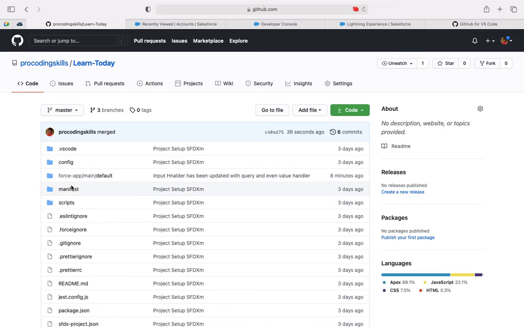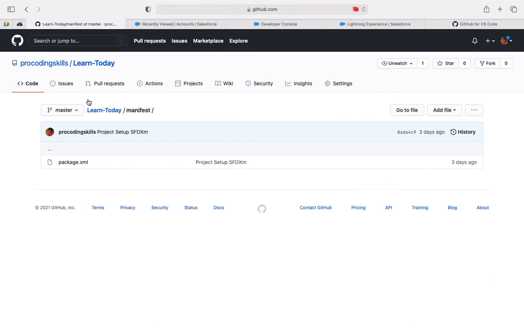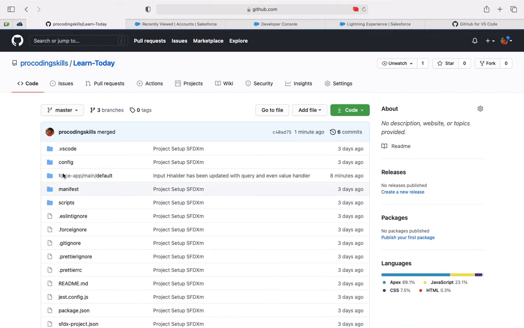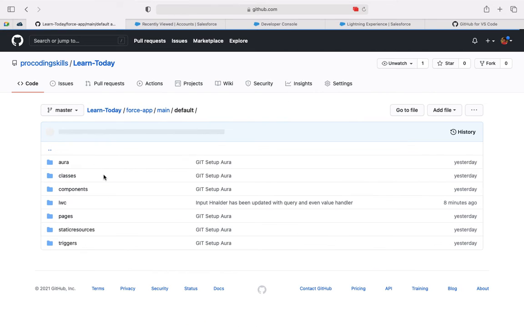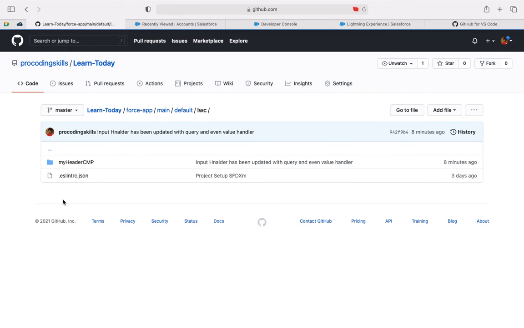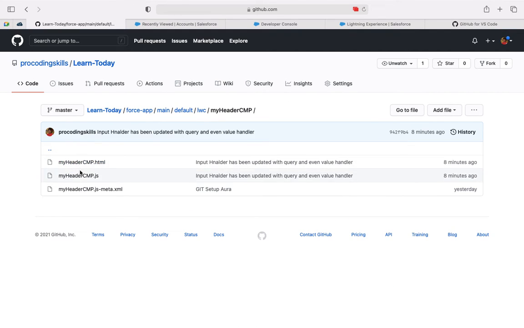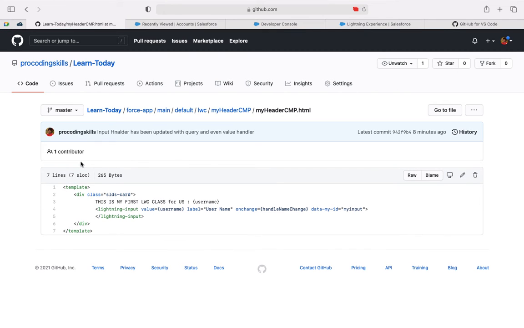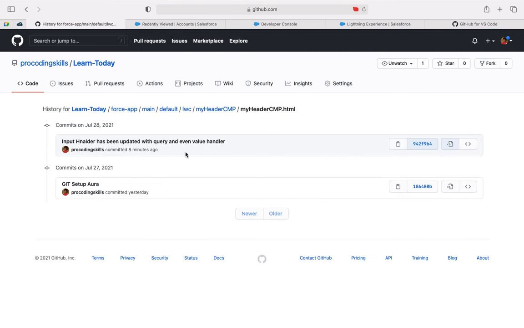If I go to manifest, sorry, learn today, force-app main default, if I go to LWC, my header component HTML file, I can see the latest changes here, right? And if you see the history, you can see where all I modified this.